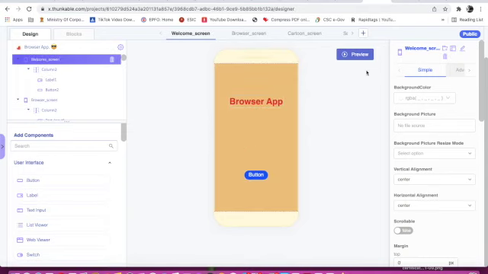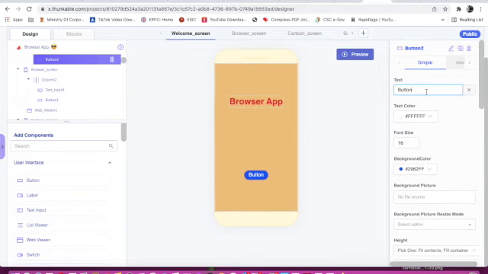Now here I will type browser screen. And if we want, we can change the background color also.